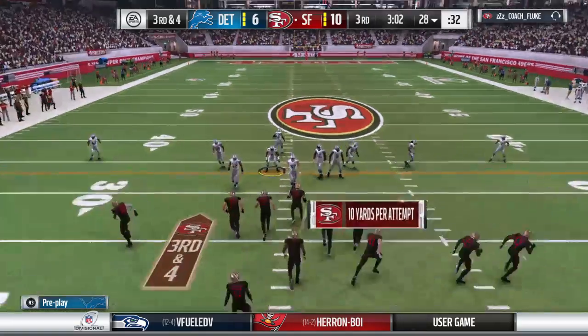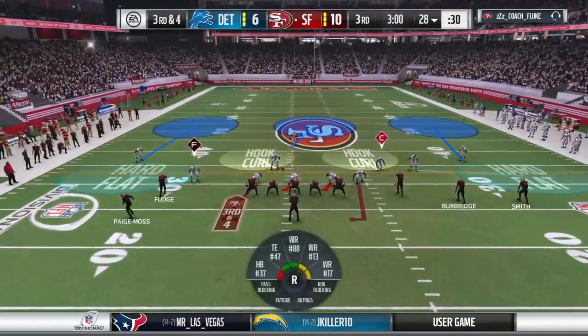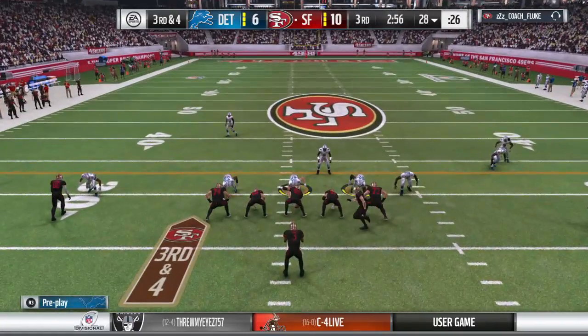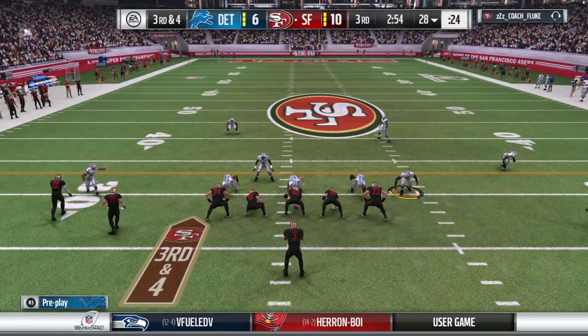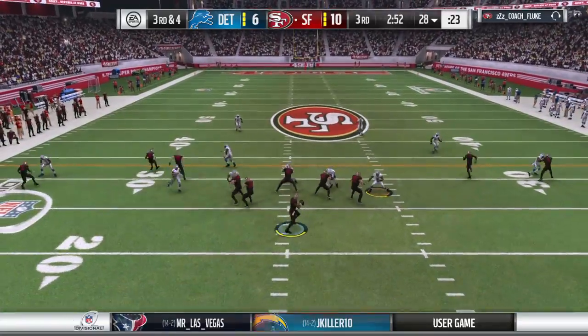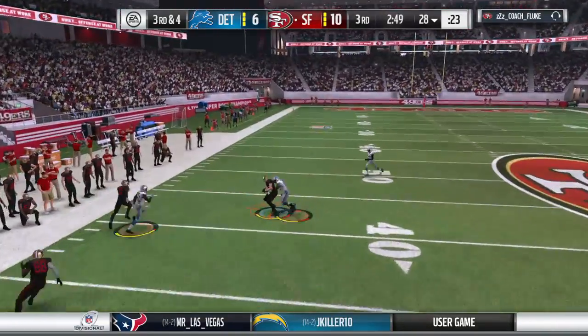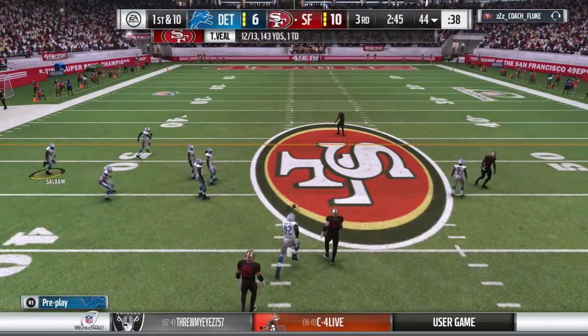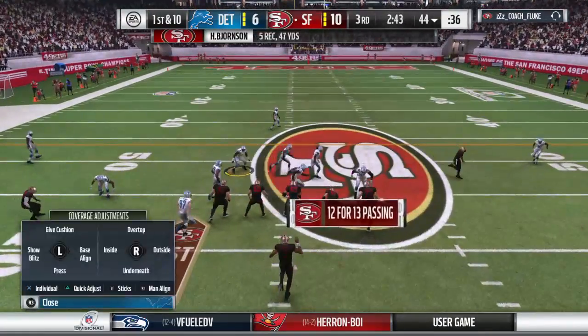Well, I know it goes against the instincts of the person catching the ball because all you're ever taught is catch the football, don't drop it. But drop it there. Yeah, in that situation, dropping it would have been better. End up losing yardage, even though they completed the pass. As good as a sack. Yeah, how about that? Although they won't get the same credit for it, and it won't help them in contract time. 15 yards for